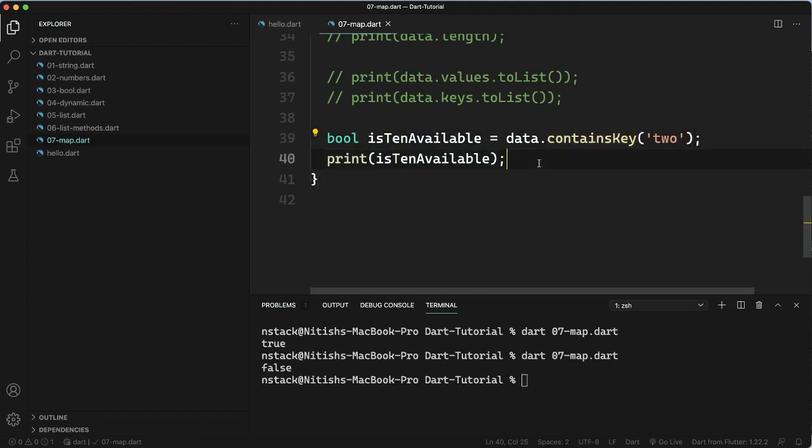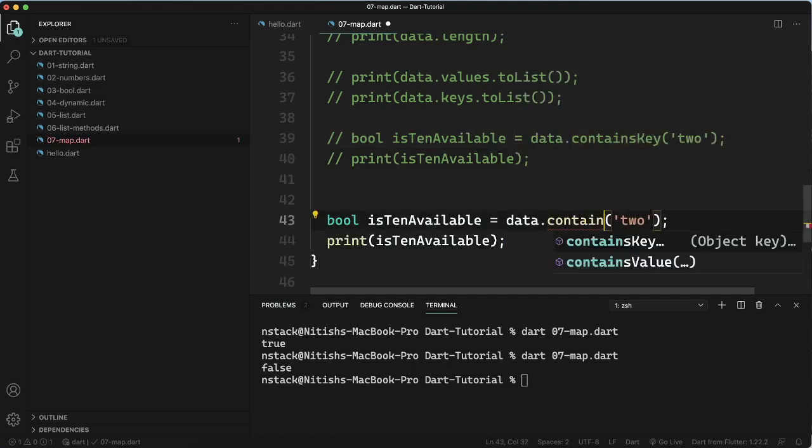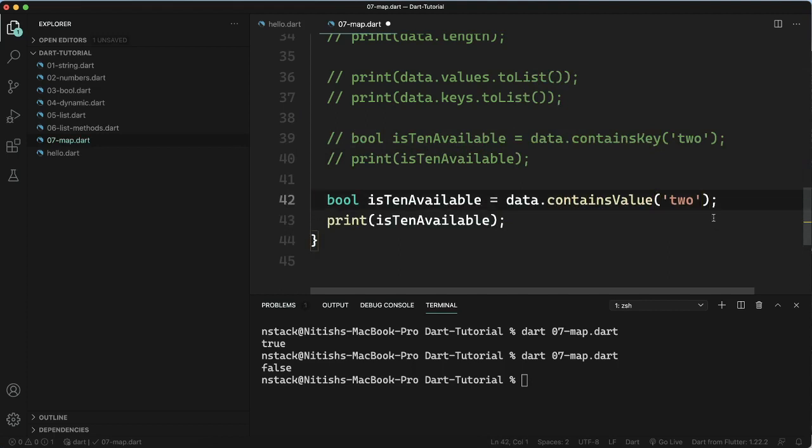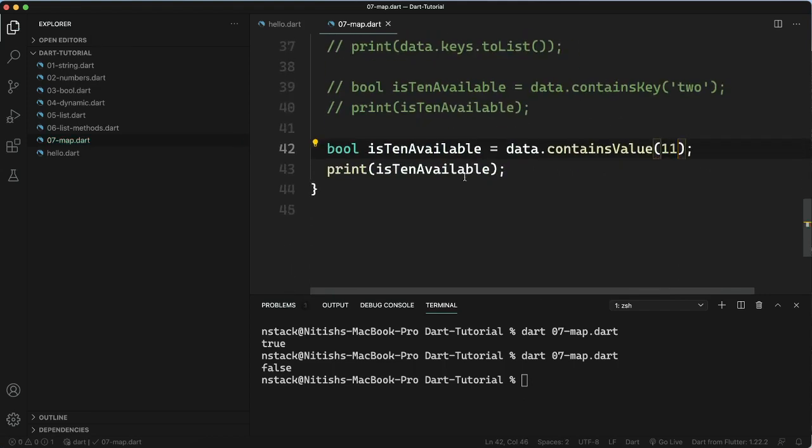There is one more corresponding to this, which is containsValue. So let's try that. We just have to tell the value we are looking for. So 1, 11 and 10. Let's try 11, as we are aware that 11 is available.